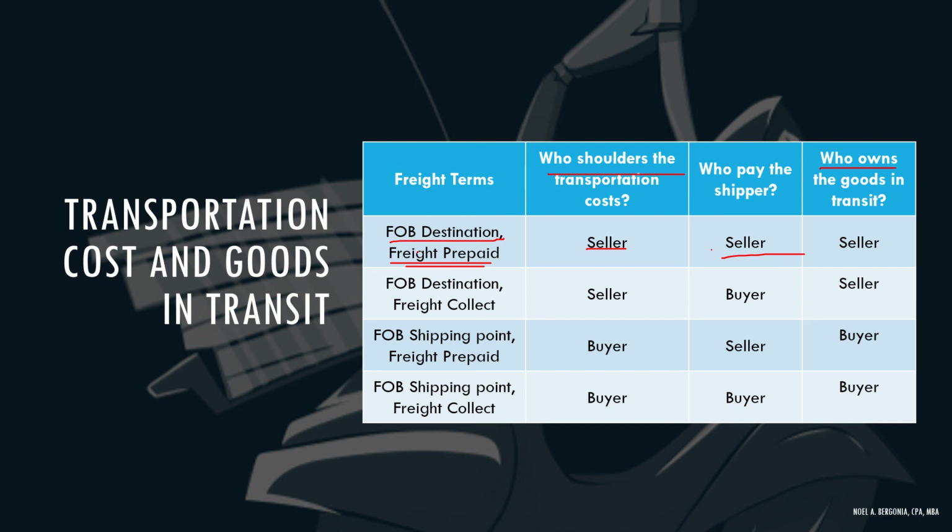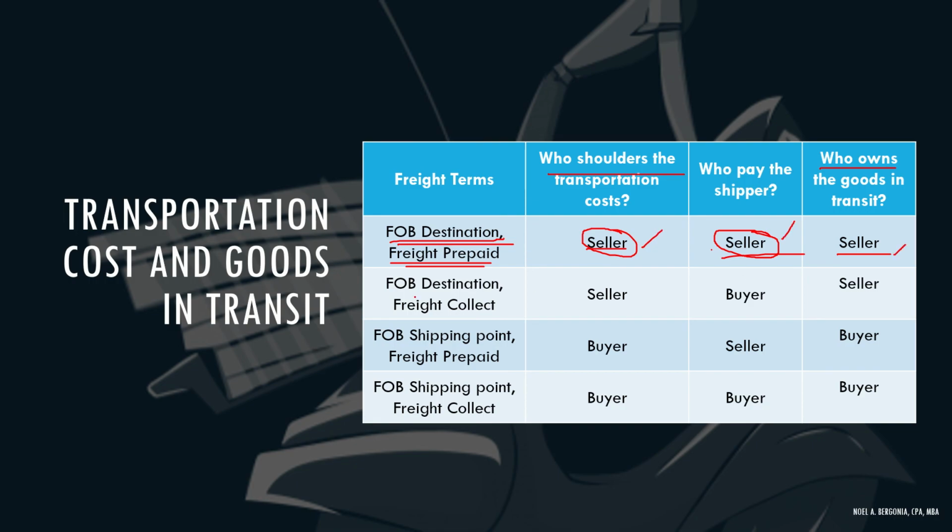So, who owns the goods in transit? Dahil ito po ay FOB destination, okay, ang nagmamay-ari pa rin po ng goods habang tinatransport natin is still the seller. Okay? So, at the end of the day, parang walang singilan na magaganap. Bakit? In terms of transportation cost, kasi si seller naman dapat talaga yung magbayad, pero ang nagbayad din ng shipping cost natin is si seller. So, kumbaga tama lang kasi siya dapat yung talaga magbayad and he owns the goods in transit.